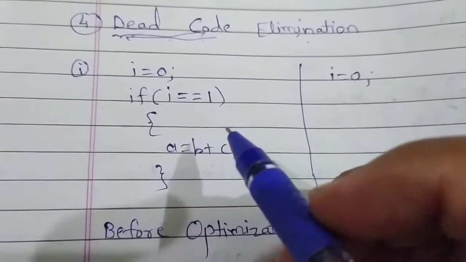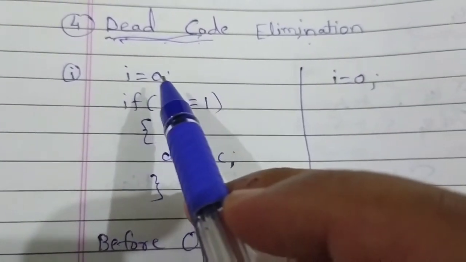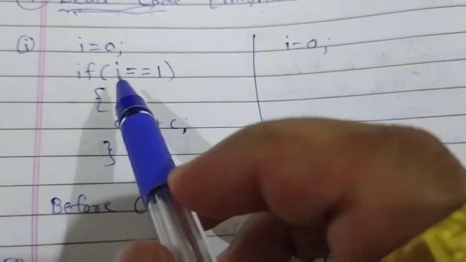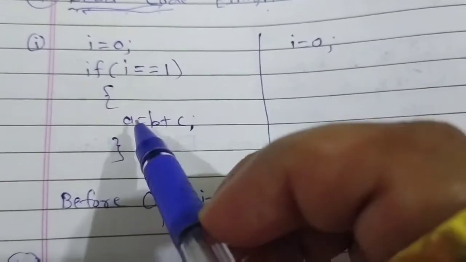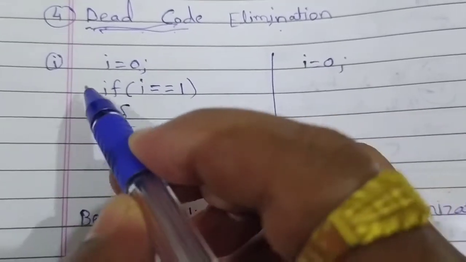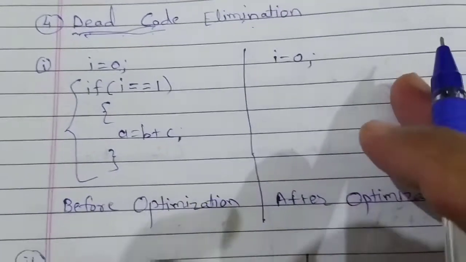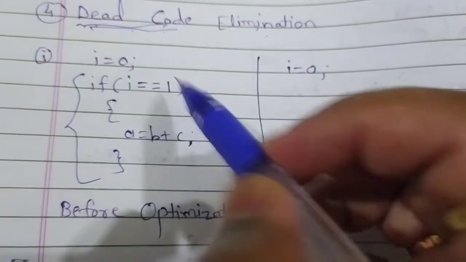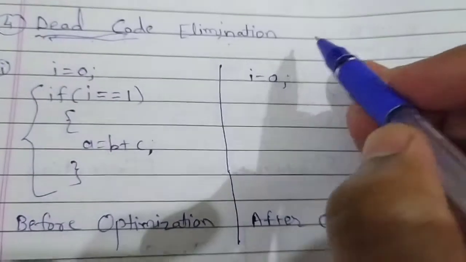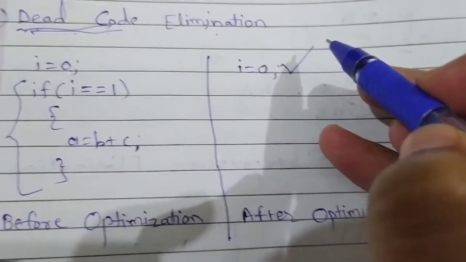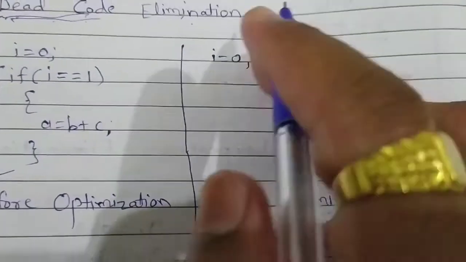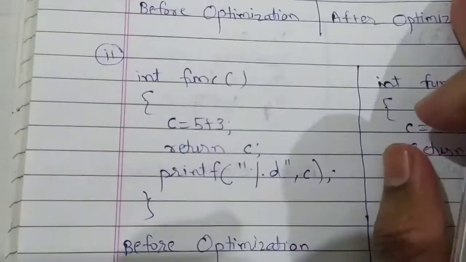So look at this. Here i is equal to 0 and then there is a conditional statement. So here we are checking if i is equal to 1 and there is some instruction. As we know, we are assigning 0 to i, so these next instructions will never get executed. So there is no use of such instructions. So we will remove that. So instead of having these many instructions, that single instruction is sufficient. So before optimization, these many instructions were there. After optimization, we will have just one instruction. We will see another example.